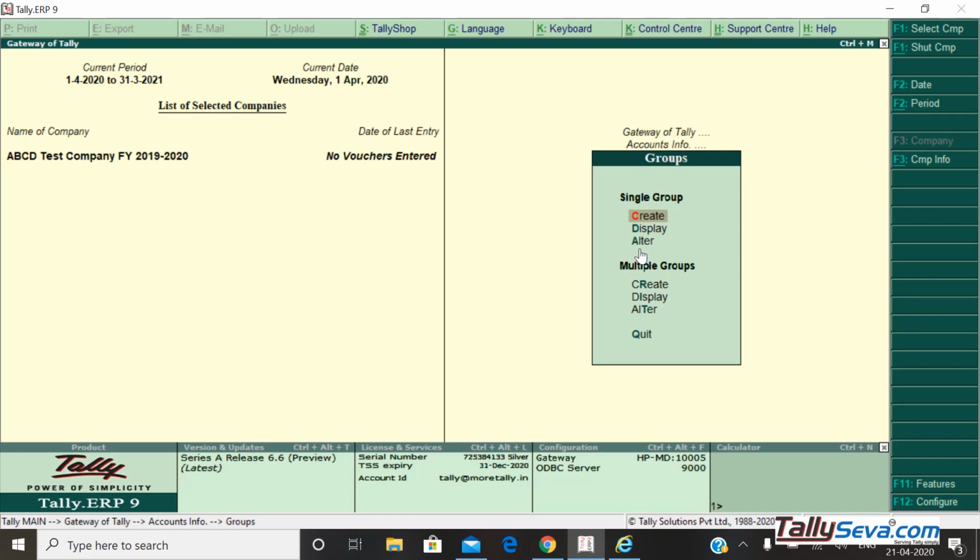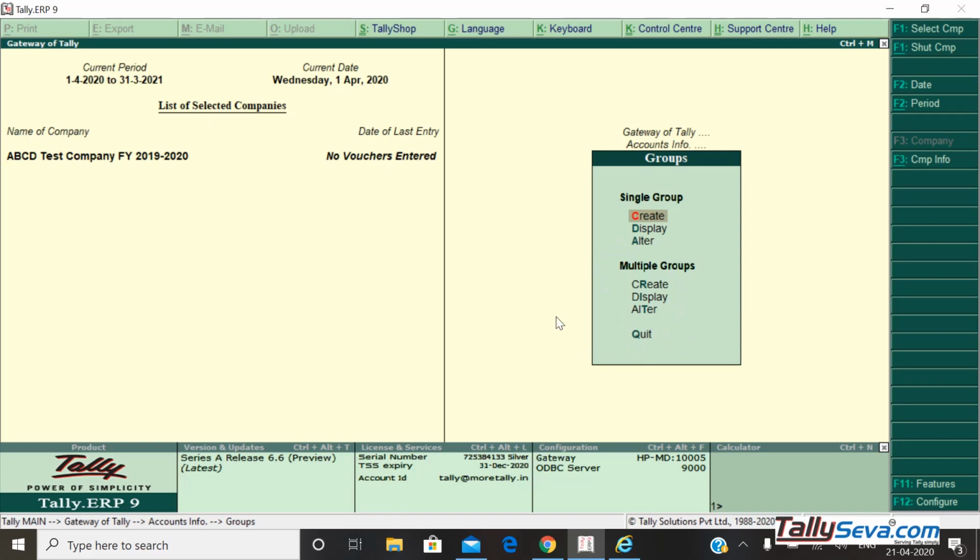If we want to create one by one, then go to the single group creation area. Or if you want to create all groups at a time, go with the multiple group area. We always recommend you choose the single group area, because some features may not be available in the multiple groups area.